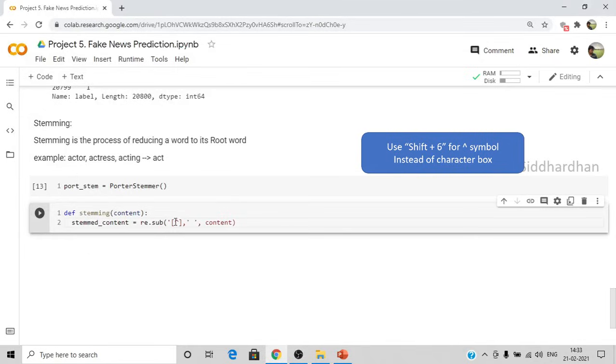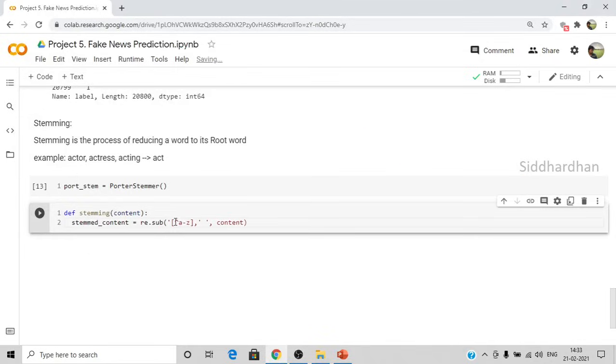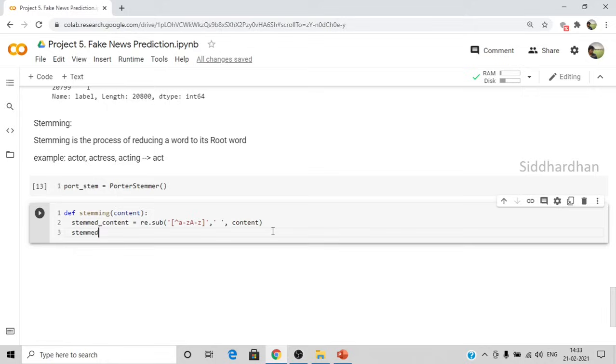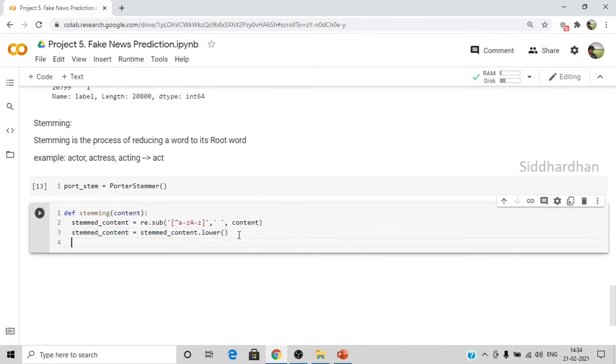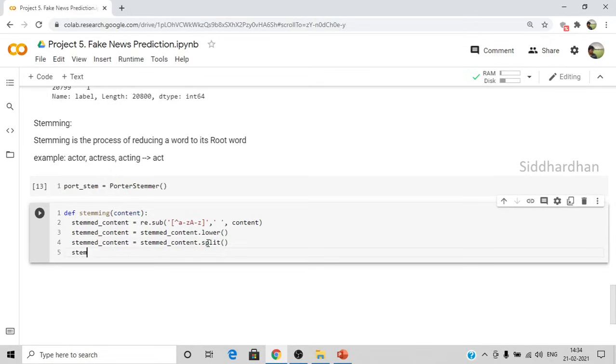So we need to mention it here. So a to z and A to Z. I'll explain in a moment what is meant by all these terms, so just wait a minute. And then stemmed content is equal to stemmed content dot lower. Then stemmed content dot split, and then stemmed content is equal to